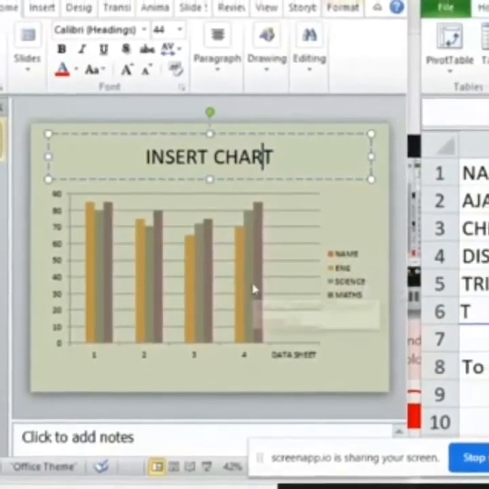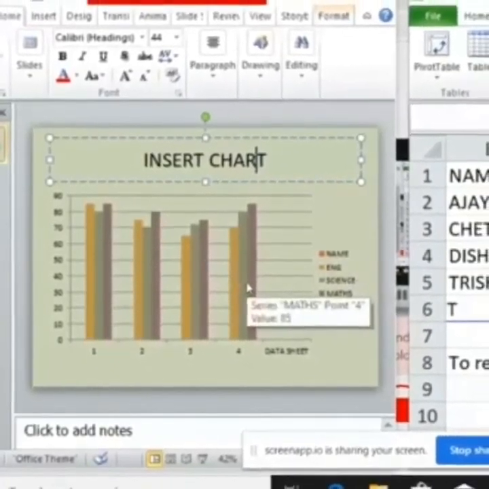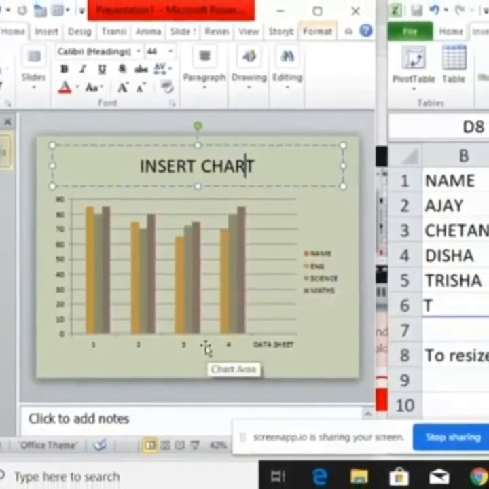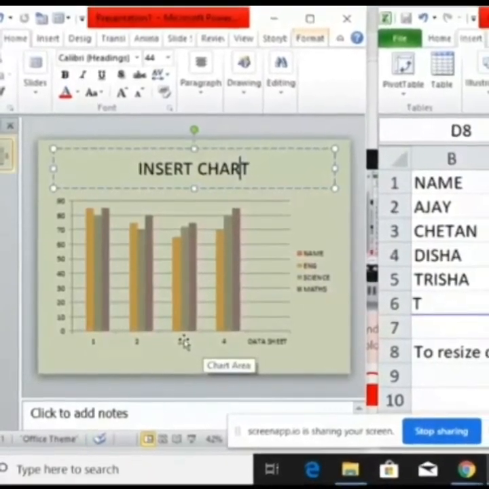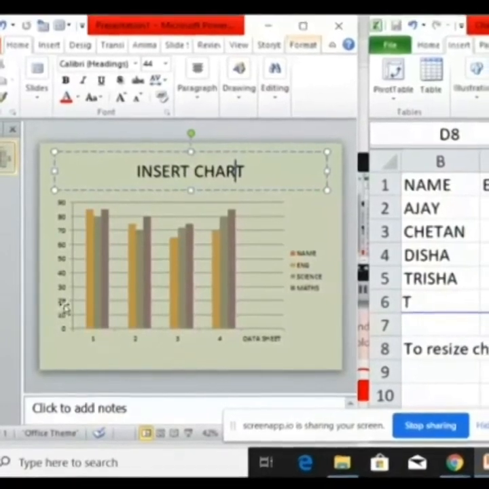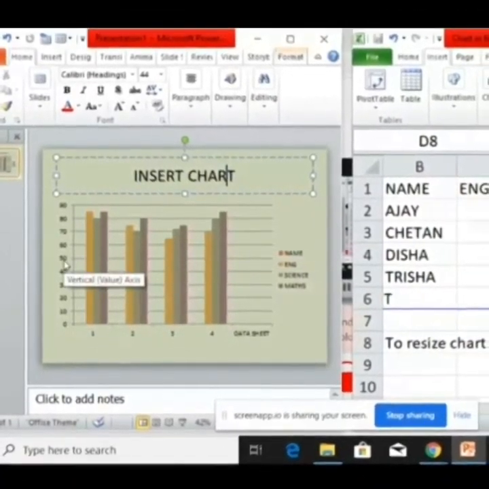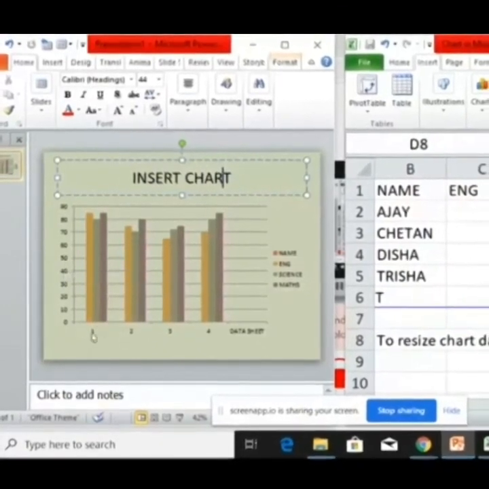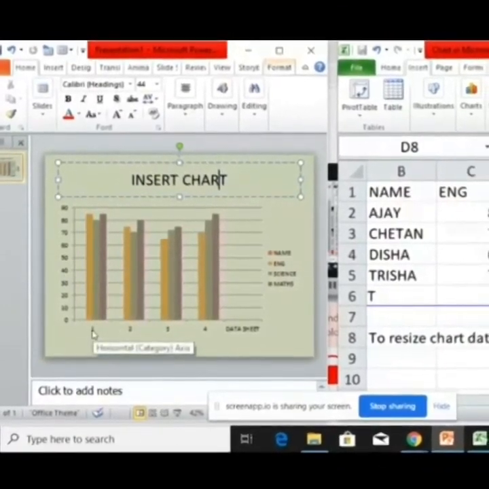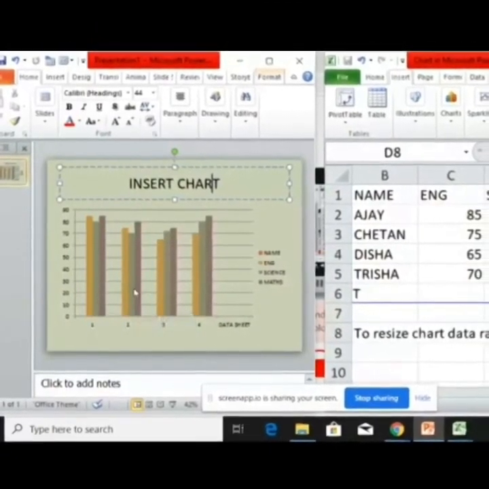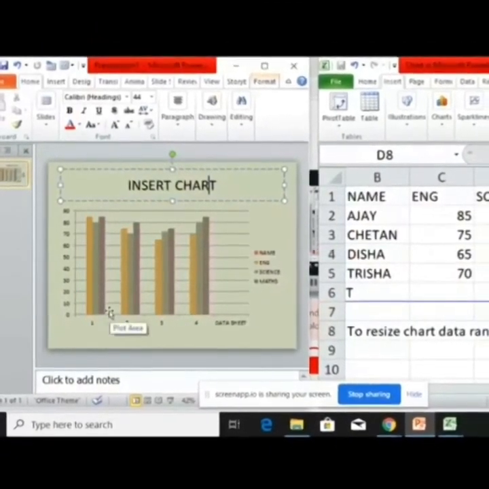See, these are the different elements, different components of the chart: data series, legend, axis to display data, chart area, plot area. These are all the different components of the chart.